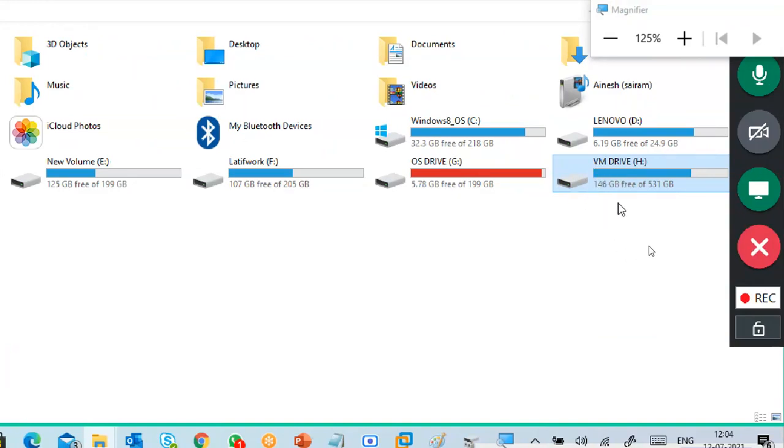Can you back it up, sir? Backup means you have to keep a separate copy of it. Otherwise, you can use a backup technique to take a backup or keep a separate copy of that one. If you delete, the data will be deleted, right? So this is a very simple formula.